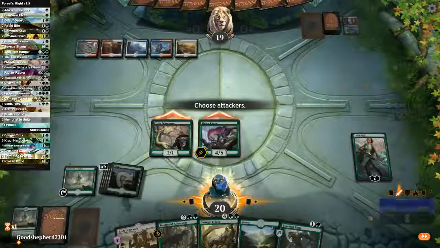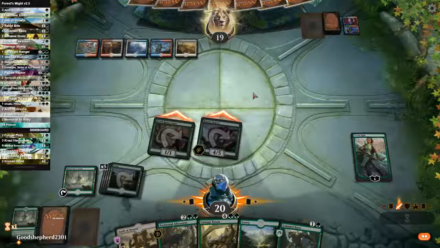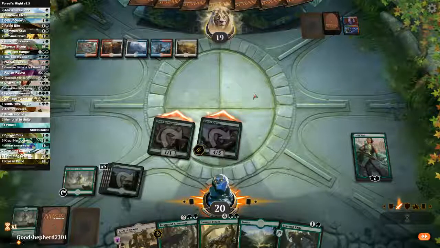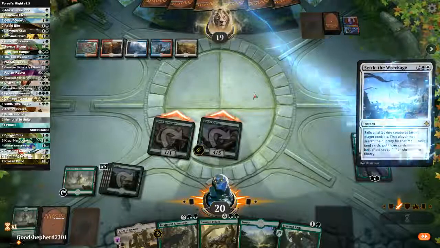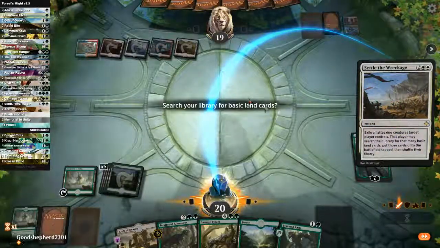Okay, there you go. Anyway, this will shuffle the Jade Light Ranger in. Let's see if he settles now. He might have more than 1 settle, but that's okay. There's a settle as I expected. So...